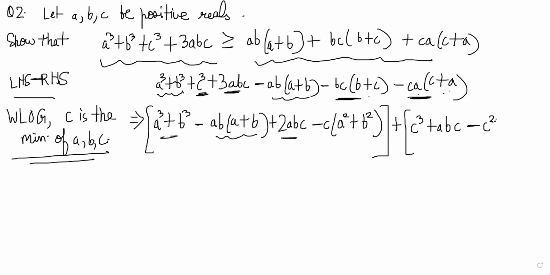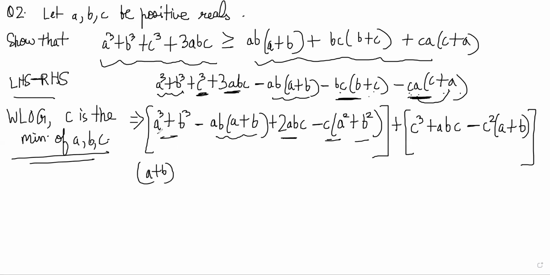Let me just confirm this. We have taken here CA square, CB square, CA square. Okay, we have taken the second term. So C square A was left, right? C square A was left here. We have not taken the first term here. We have taken the second term here, right? So C square A was left here and C square B was left here. So C square (A plus B) is left over, correct? So if you group it like this, you will realize that here we can take A plus B common,